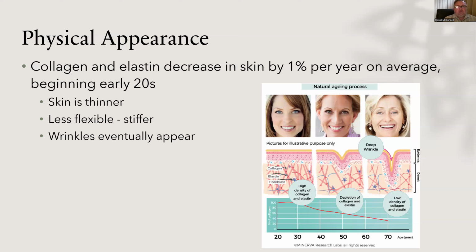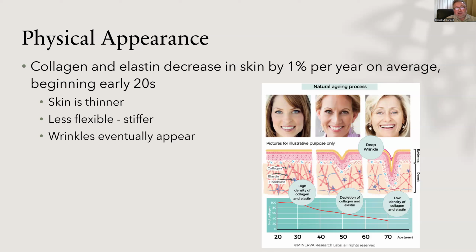So what happens is that as we lose collagen and elastin and we lose that elasticity in the skin, it stays in a more stretched out state. It doesn't spring back to a shorter state. That means wrinkles and folds in the skin will be more apparent, say in this case when my fingers are extended, than when the fist is made, right? And so in all of the moving parts of our bodies, we're going to see an increased likelihood of wrinkles and folds appearing.